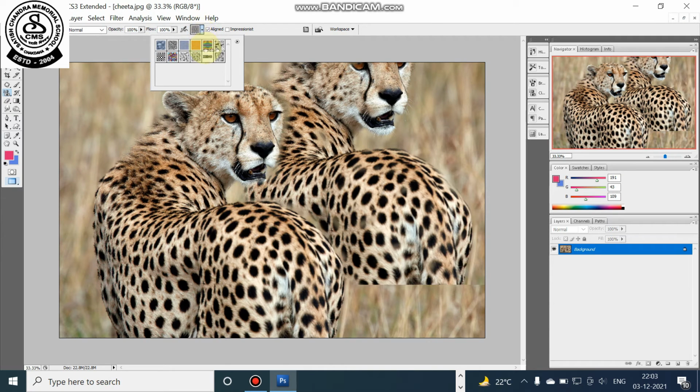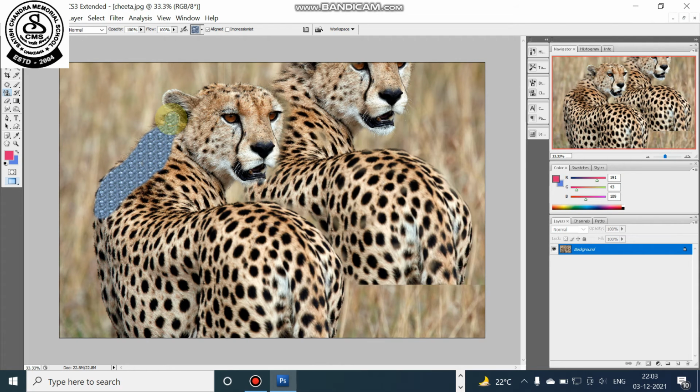Here, my dear students, you can change the pattern you have selected. Now you have to move the pattern. Suppose we want to change the color of the cheetah.